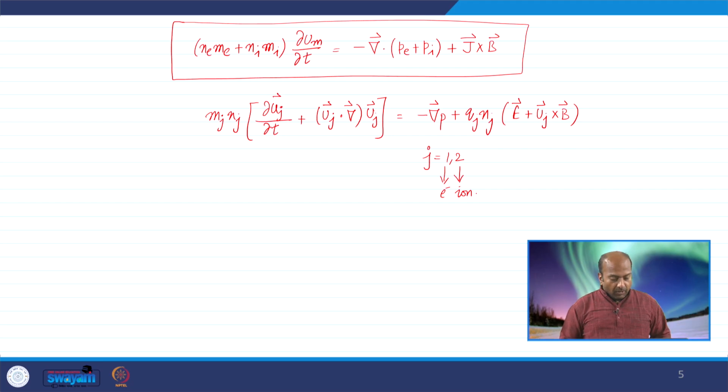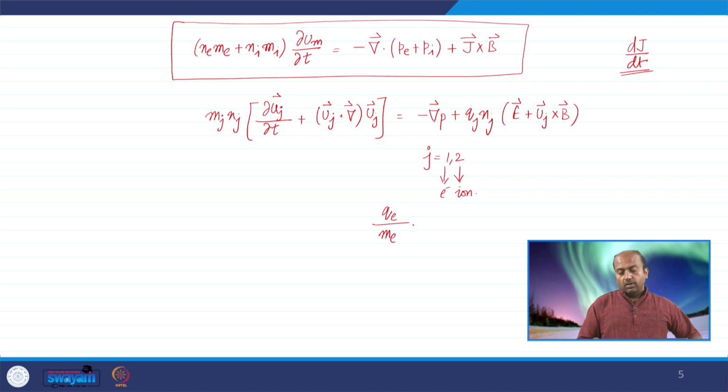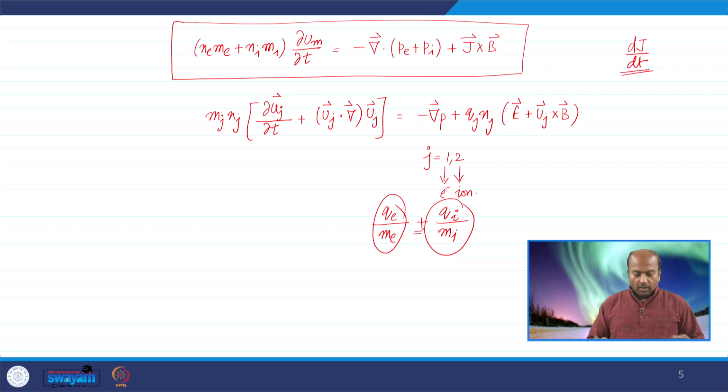Now this equation can be used to obtain dJ/dt, the rate of change of current density. How do we get it? So this equation, we can multiply once with qe divided by me. You are writing the electron equation and multiplying that equation with this, and then you multiply the same equation for ion with qi by mi and add both of them. Okay, so if you do that, I'll write the final forms, which will be like